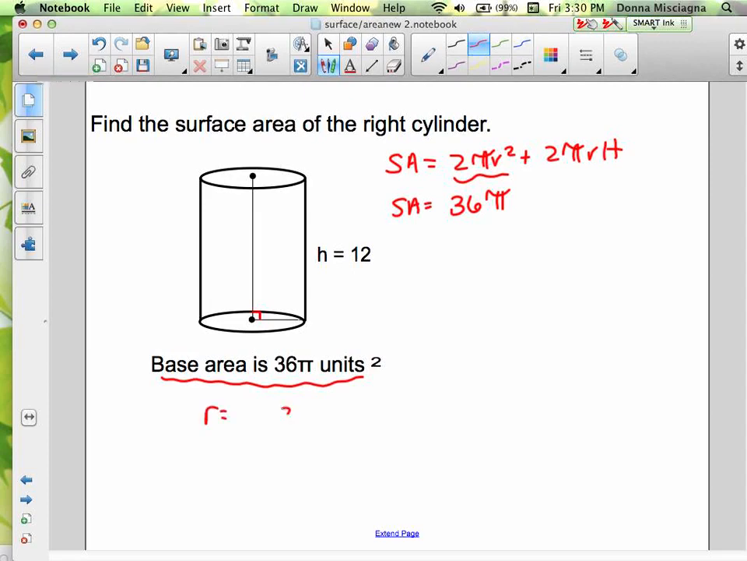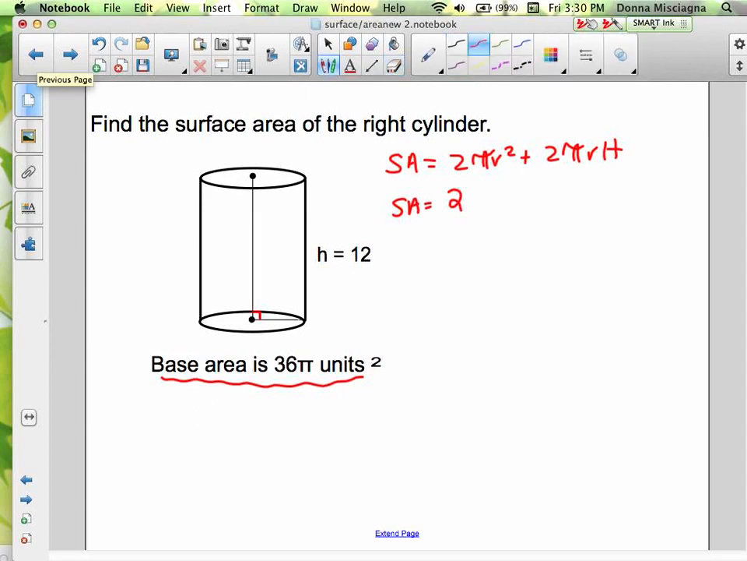Well, remember it's 2 pi, excuse me. Actually, I'm glad I asked that question because I just realized something. They're just giving us one base. We still need the 2, right? So